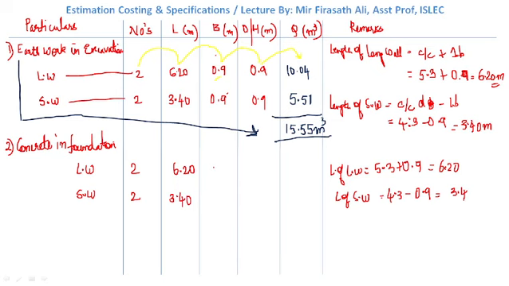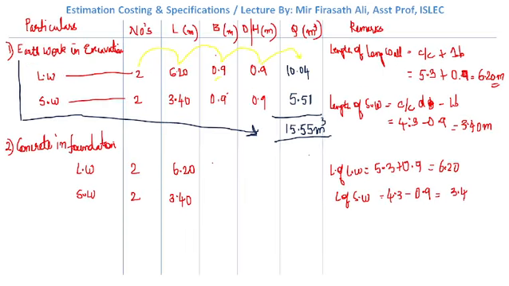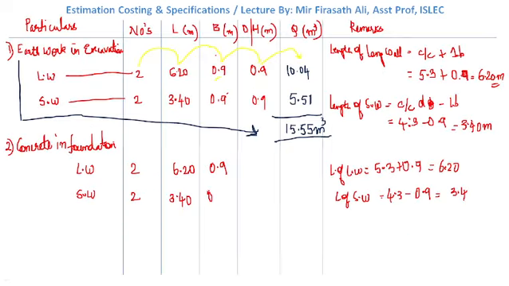Now what is the breadth? Breadth is the same. Look at the figure. What is the breadth of concrete? Same, 0.9. You can see over here the breadth becomes 0.9 only. Height. What is the height? Height is 30 centimeter. Just look at this area. This area is 30 centimeter. So this is 0.3. Similarly here also 0.9 and 0.3.